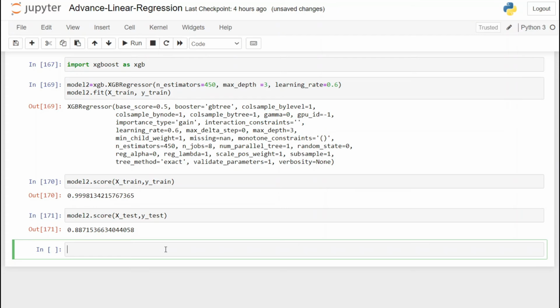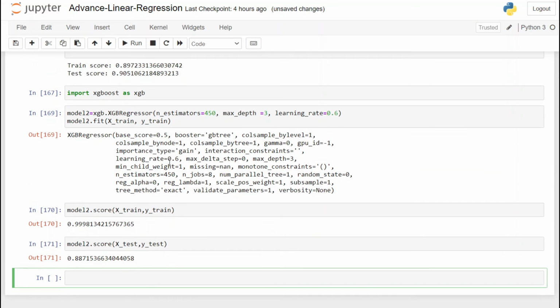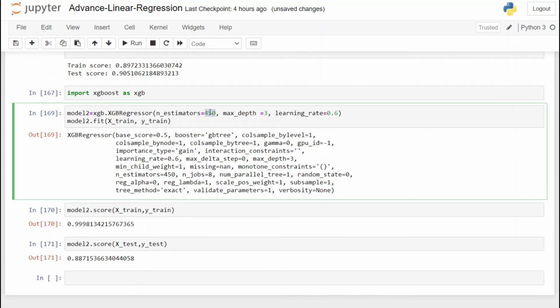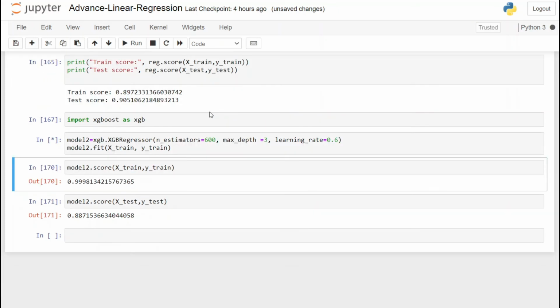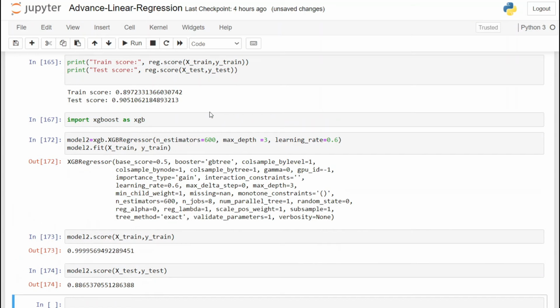So overfitting is a condition where the model performs really well on training data but fails to perform on test data. And you can find more about that on internet. This is also a very big problem in model building. Now let's see how changing an estimator affects the model. And you can see that it doesn't change much.